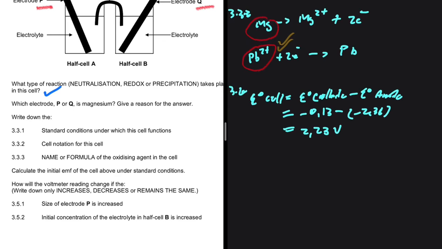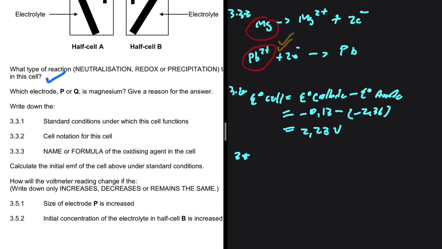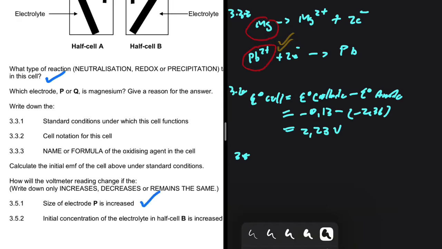The tricky questions, 3.5. How will the voltmeter reading change if the size of electrode P is increased? So increasing the size of an electrode does not affect the EMF. So the answer to 3.5.1 will be remains the same. Right, and now let's take a look at